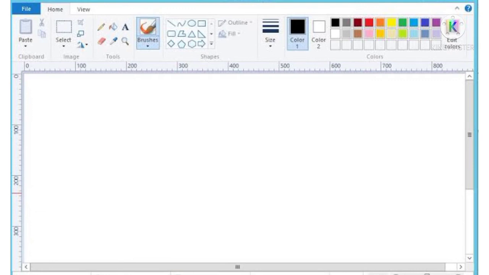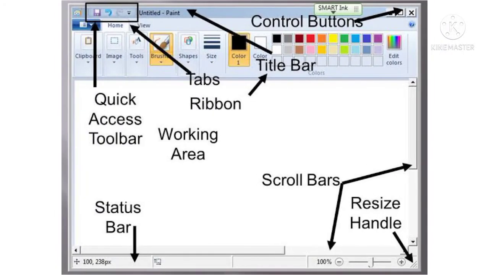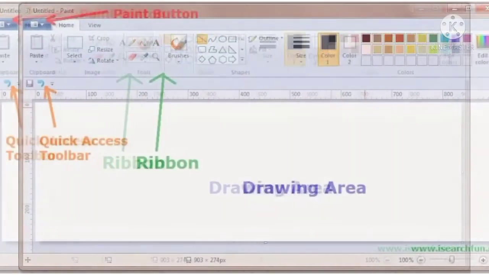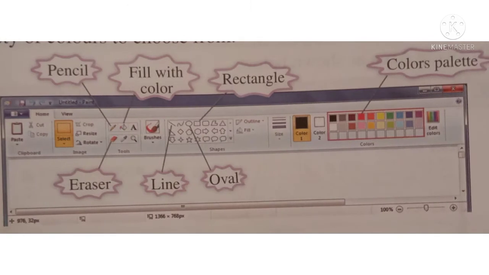Look at the components of an MS Paint window. Ribbon. The ribbon contains all the drawing tools that are required to make a drawing. These are the tools that you need to draw and color, like pencil, line, oval, rectangle, eraser and many more.